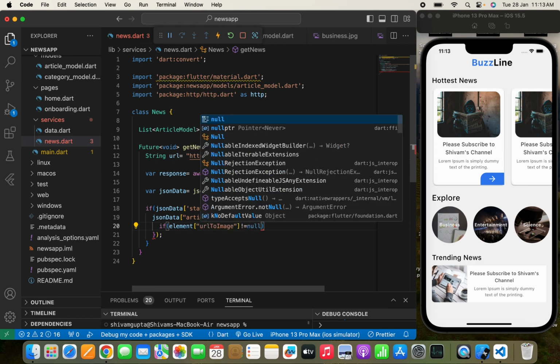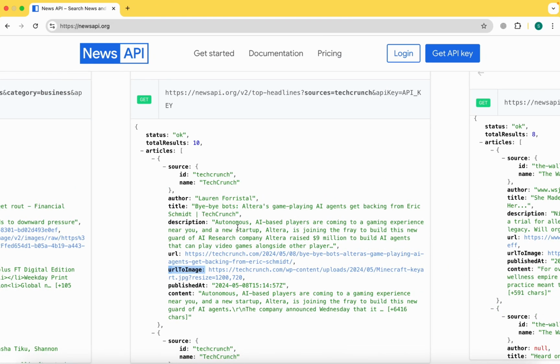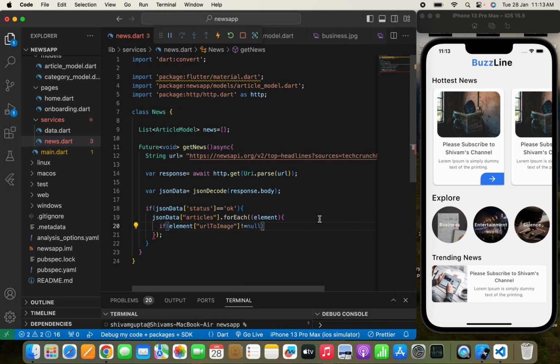I mean don't get all that news where the image is not present. There will be a case where in some of the news the image is not present, so that will throw an error when we are going to use that in the app. So that's why I'm simply saying don't get all that news which doesn't have an image. And we'll write element again,